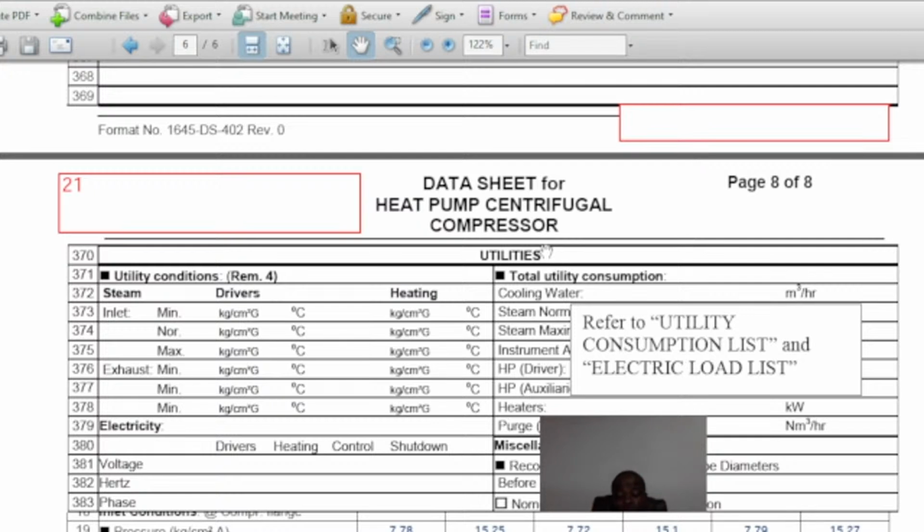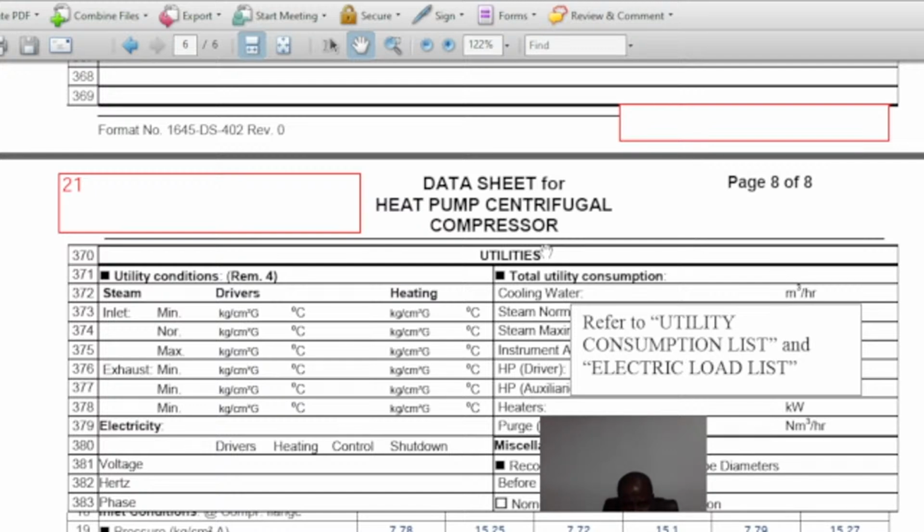Available utility. Now, before I go to available utility, you need to state that normally a steel base plate has to be required, eventually common with driver and gearbox for an API 617 compressor. The requirement for a column mounting gives higher base plate stiffness. So now for the utility conditions, you need to specify as the purchaser